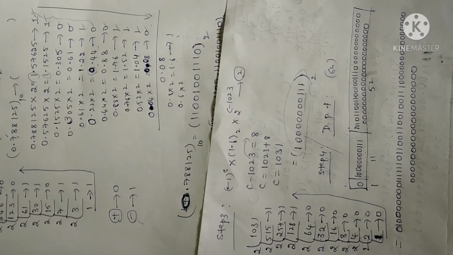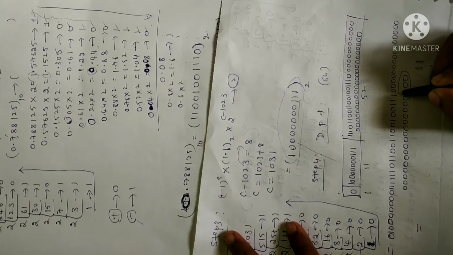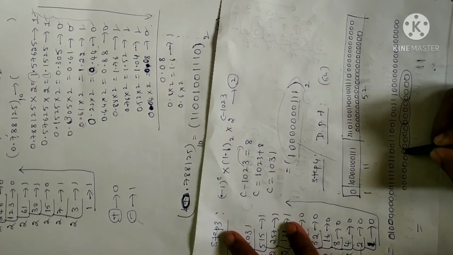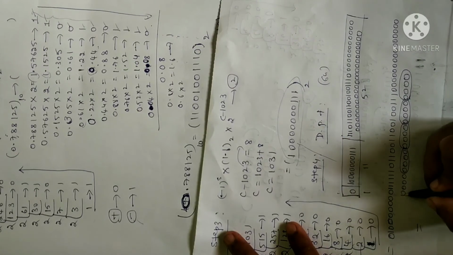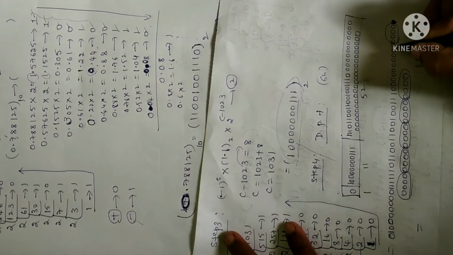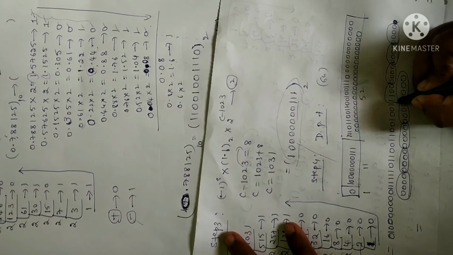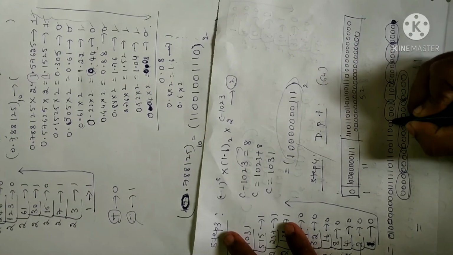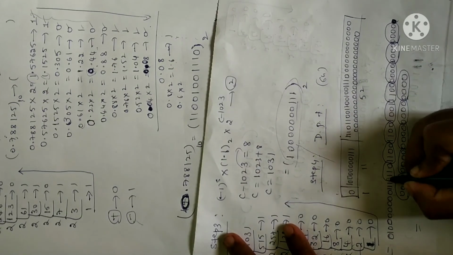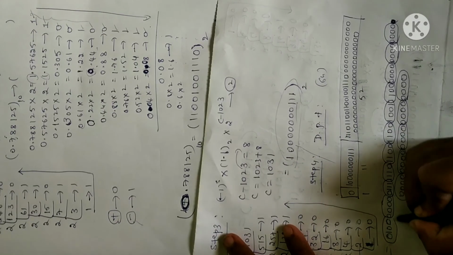Fine. Now you have to convert it into hexadecimal by grouping 4 digits. Let me group the numbers: 4 digits, 4 digits, 4 digits, 4 digits. I'll add one more 0 here and wrap this. So again 4 digits, 4 digits, 4 digits. I'll group all 4 digits together. For your understanding I am writing all these things, but you should not do all this in your examination. You practice the problem so that you will understand very well.